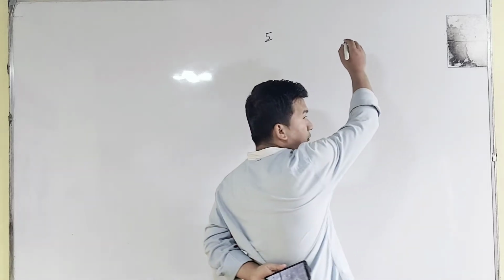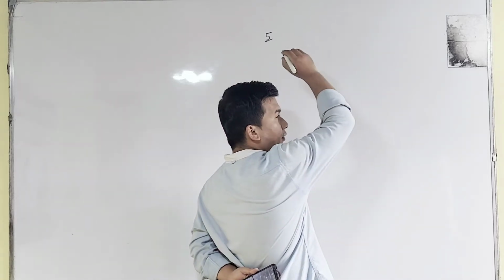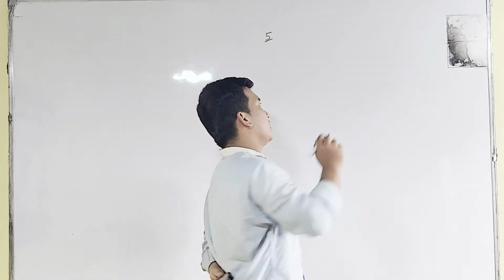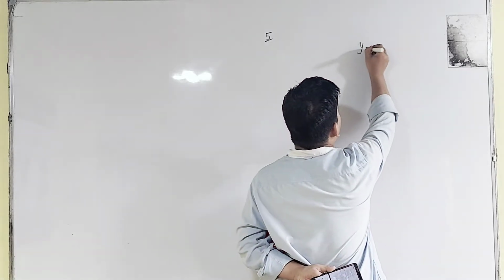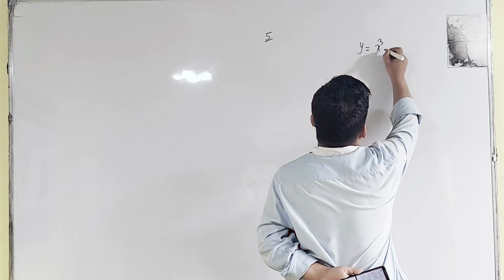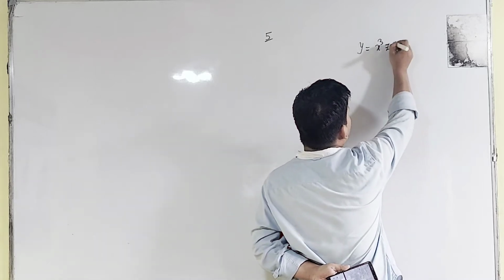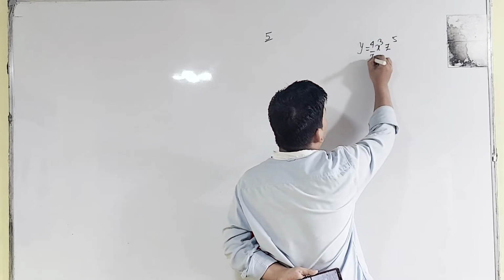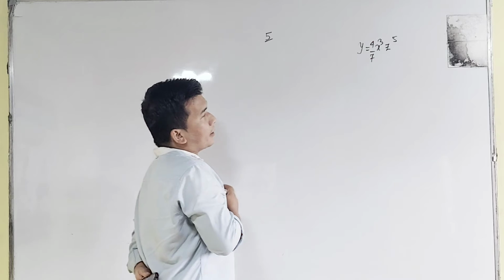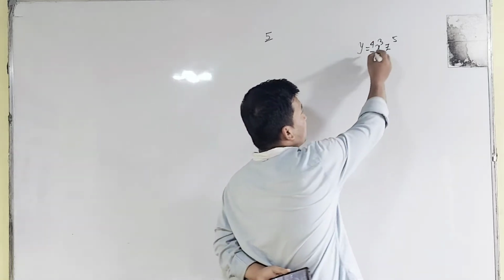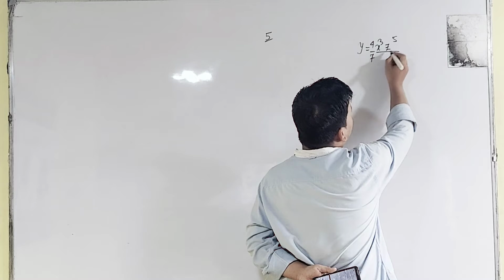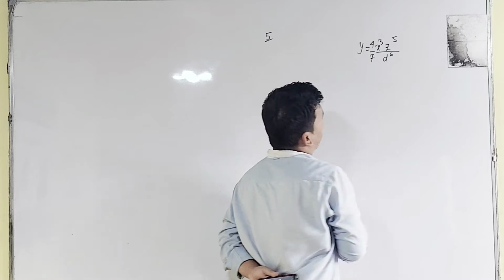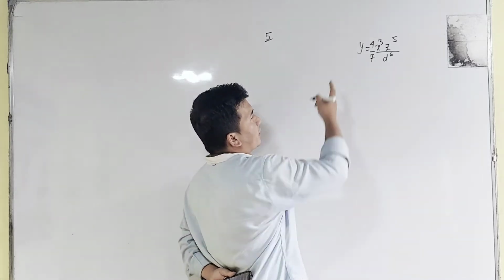And what is the general formula for finding out your relative error in your exam? Mostly relative error is delta x by x. If we have this expression y is equal to x cube z to the power 5, and we have 4 by 7 as our coefficient. Okay, so this may also be divided by d to the power, let me put this as 6. Then what will be the relative error?